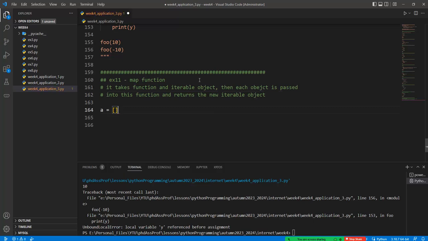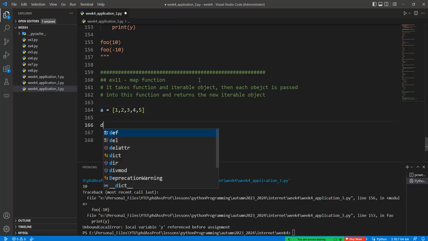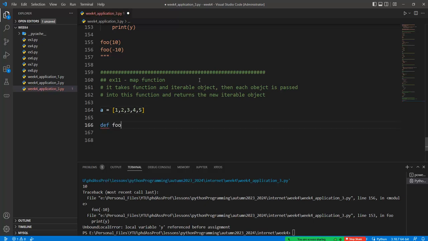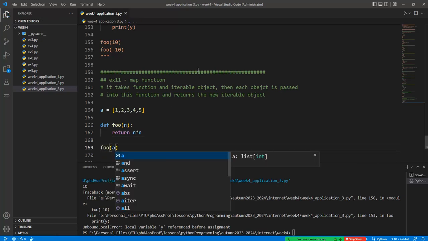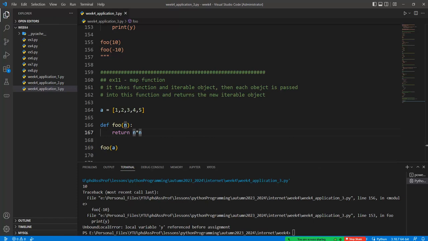For example, if you have a = [1, 2, 3, 4, 5] in here like this one, and def foo can be defined in here like this one, return n times n. And so what happens if I call foo with the parameter a? In this case, a is an iterable object, but it's a list, and so this n should be